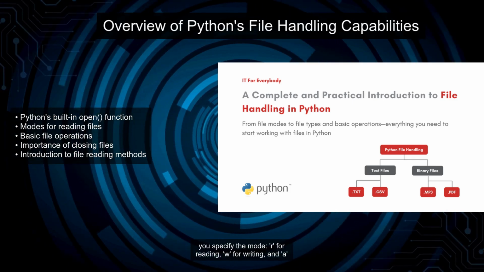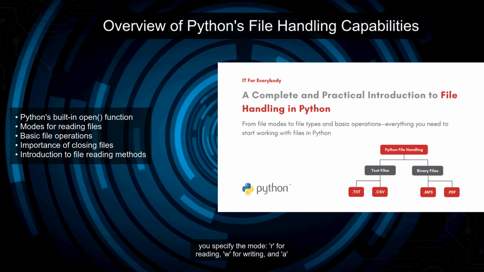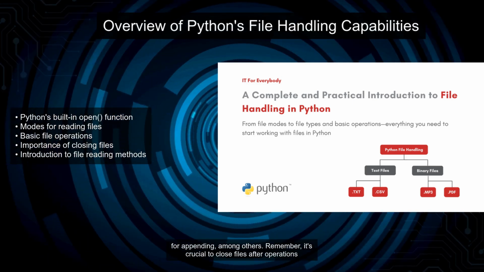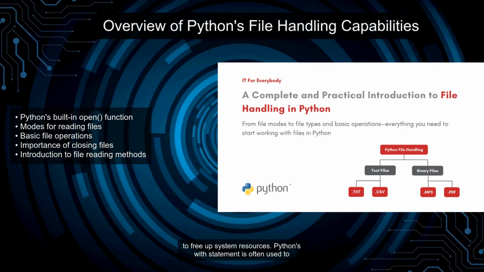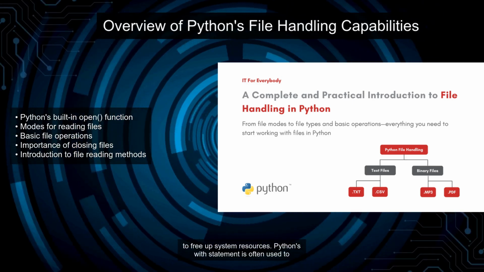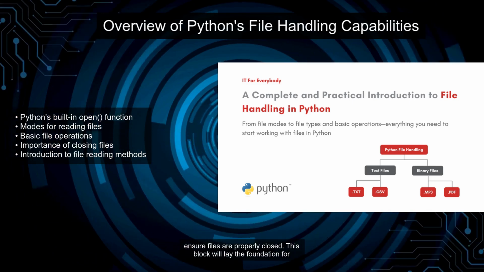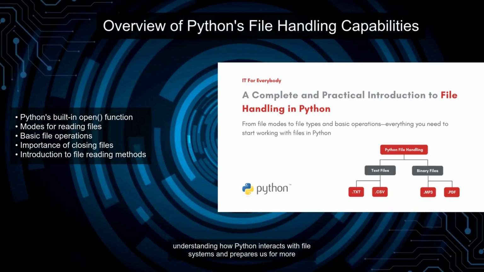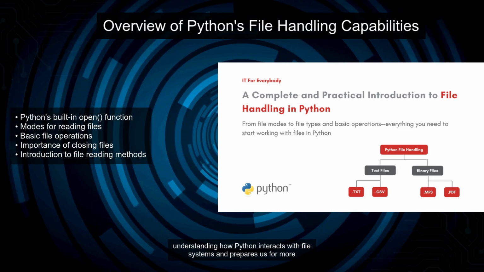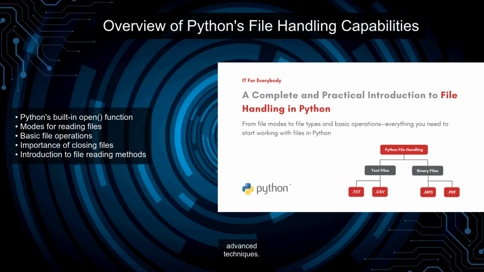When opening a file, you specify the mode: r for reading, w for writing, and a for appending, among others. Remember, it's crucial to close files after operations to free up system resources. Python's with statement is often used to ensure files are properly closed. This block will lay the foundation for understanding how Python interacts with file systems and prepares us for more advanced